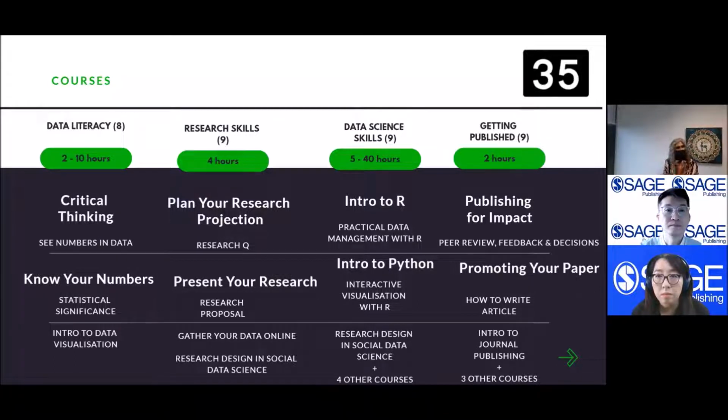The second thing, after you have mastered this bit, you have research skills, and there are 9 courses in it. All courses at the moment are 4 hours. And here again, plan your research projection, present your research, what you see in here. Very nicely